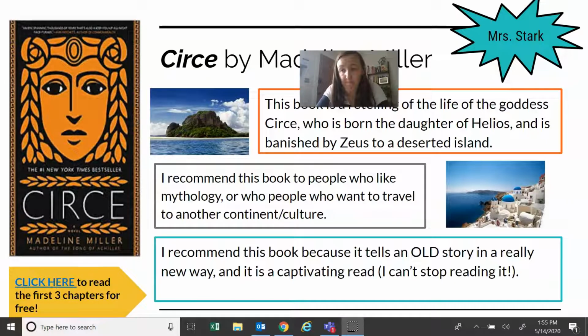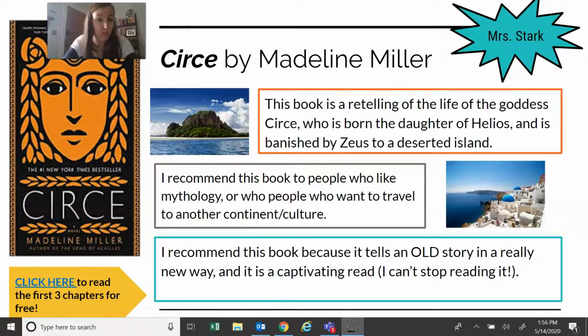So my book recommendation that I'm going to talk you through to give you an example is this book, and it's called Circe by Madeline Miller. I just finished this book yesterday, actually, but I've been reading it probably for about the past 2 weeks.